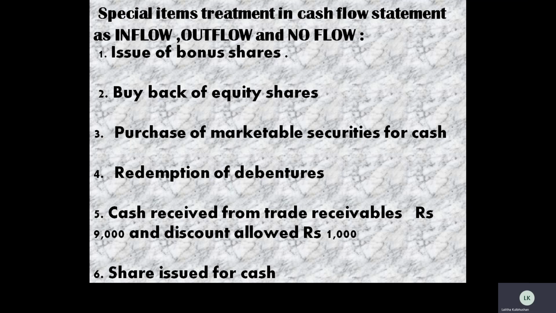Now the next, point number 5, is cash received from trade receivables rupees 9,000 and discount allowed 1,000. So you know that the cash received from trade receivables is how much? 9,000. We need to pay attention to how much cash we are receiving. So we are receiving cash here, that is 9,000. Hence, cash received, simply from the statement, it is clear that it's actually an inflow of cash, because the cash value is increasing, and they are clearly specifying received. So we need not take the discount anywhere in this. We are assuming that the discount is already deducted from the amount, and that's why we received 9,000.